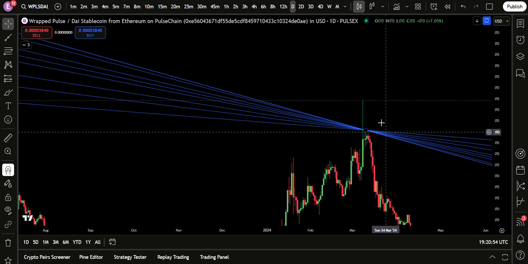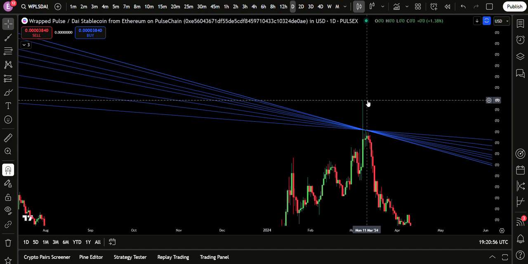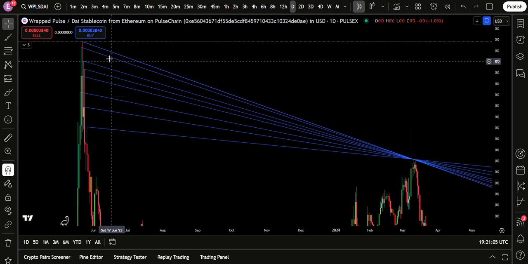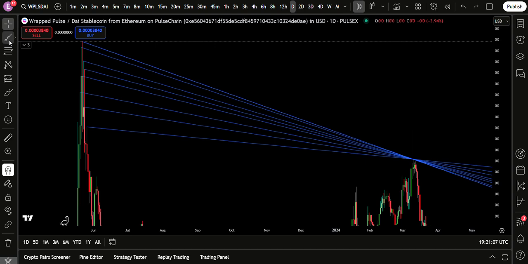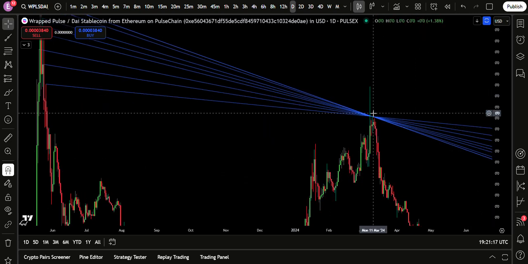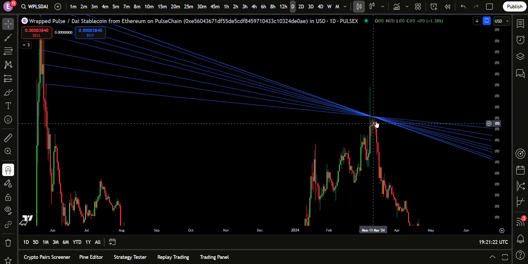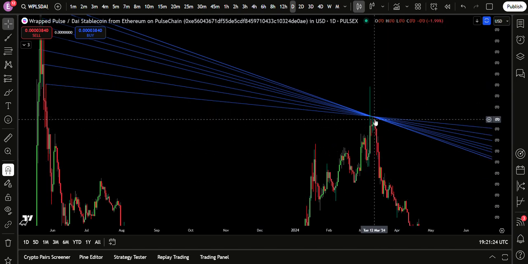I checked all these rays on the top part of this wick, and they'll line up better there later on when the price is higher. Right, I'll show you how. So we clicked the ray for there, and we're going to lock it onto the top of that one. Right, because that's the highest point that the price came up to there. So when the price came up to there, obviously none of this had happened yet. We had this big spike up and it started trading here. Right, and we were like, oh, what's it going to do? And then it broke down.